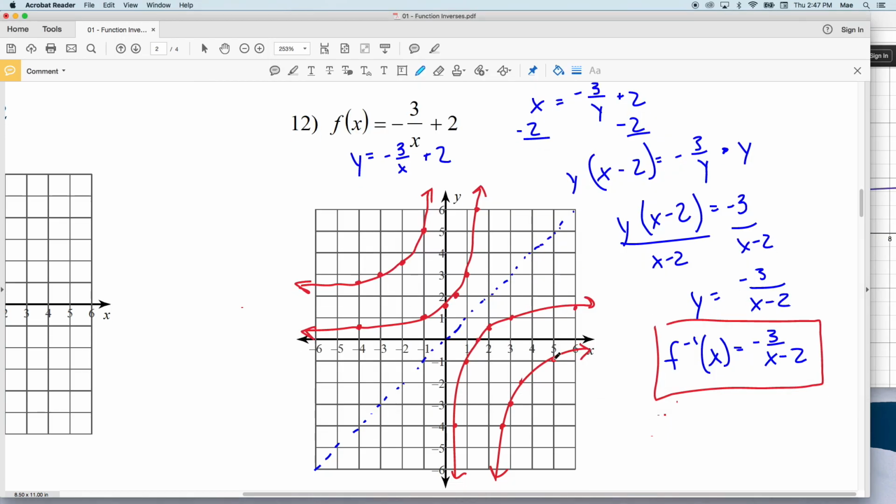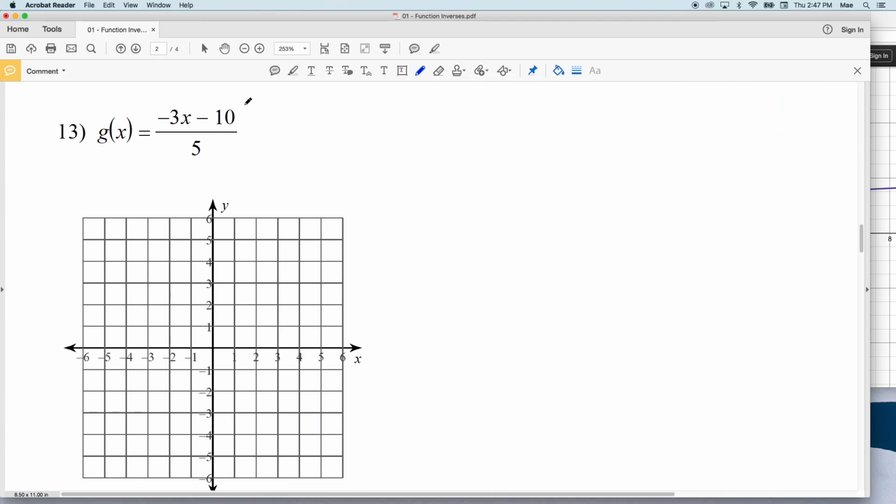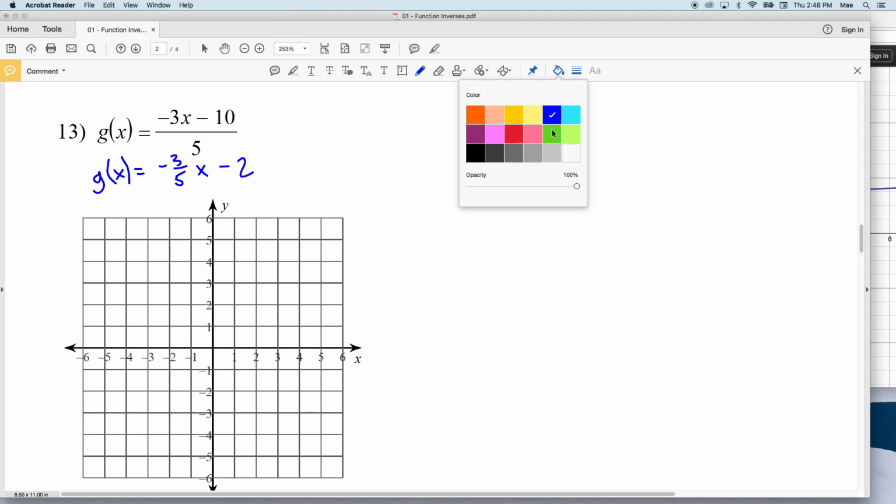Let's continue on to number 13. And number 13, I'll start by graphing g of x. However, I'm going to rewrite g of x so that it's in slope-intercept form. So that'll be -3/5 x minus 10 over 5, which is 2. So now, using my slope and my y-intercept is -2, so I'll be at 0, -2, and then -3/5 for my slope, so going down 3 and 5 to the right,